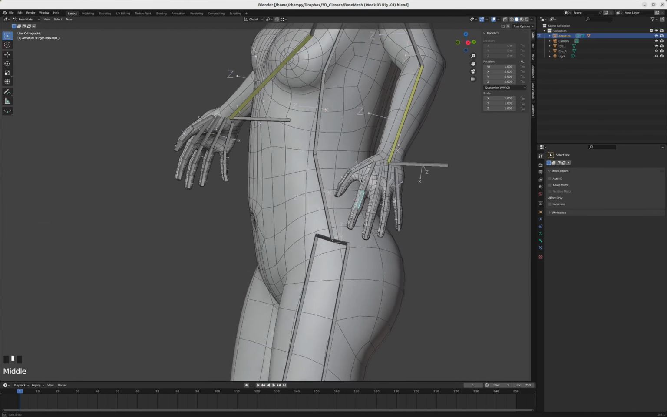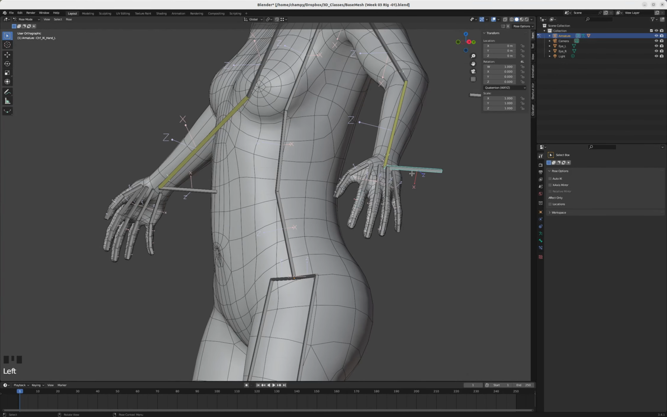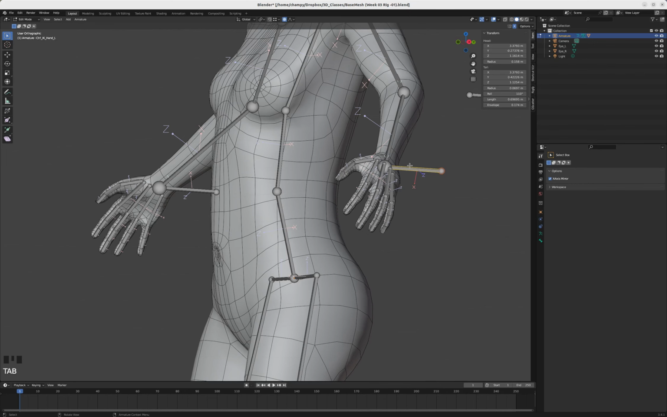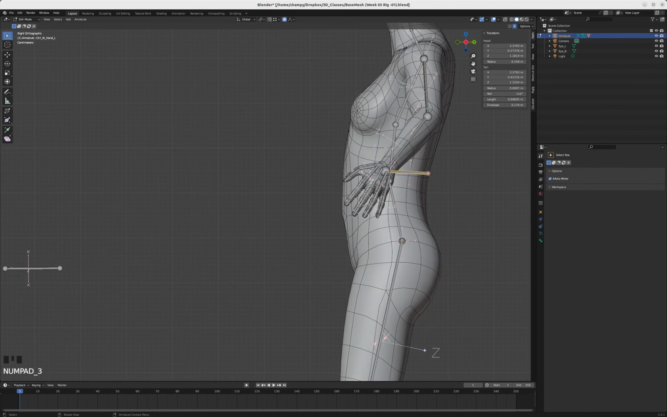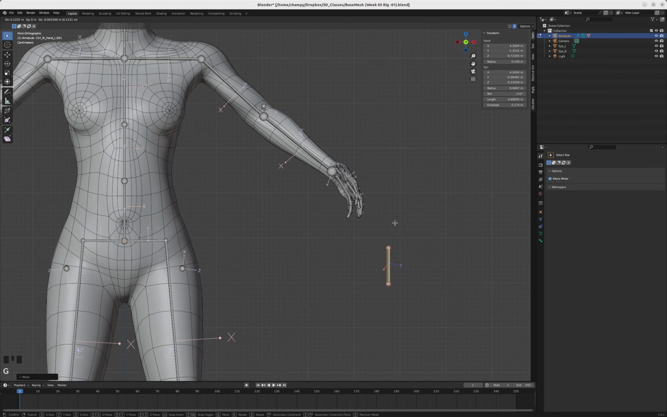So to start off with, I'm going to tab into edit mode on my rig, and I'm going to duplicate these two IK controllers that I have. So just Shift D, and I'm going to bring this kind of down here and just sort of aim it away from the hand so that it looks like it's in a pretty good spot to sort of control the